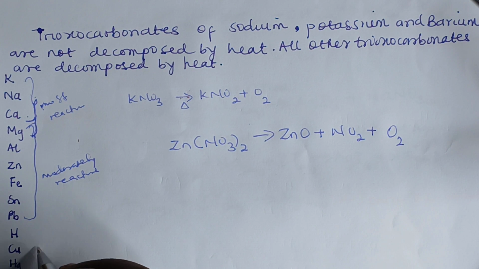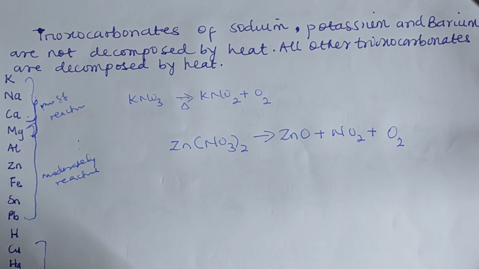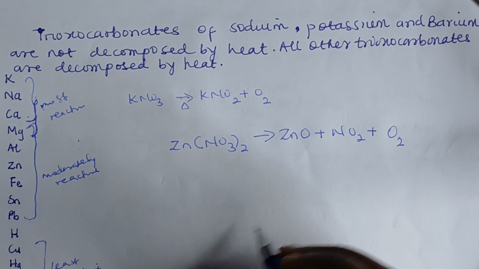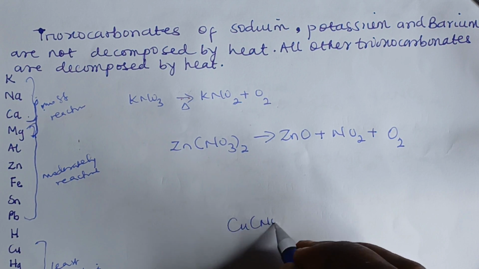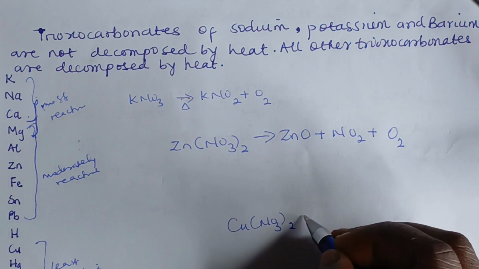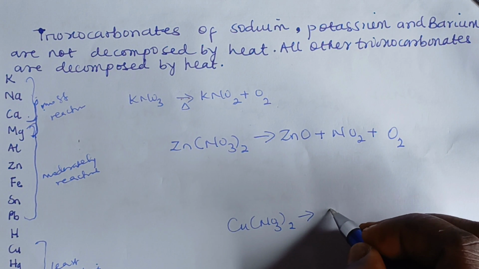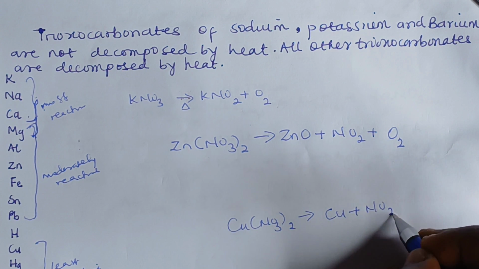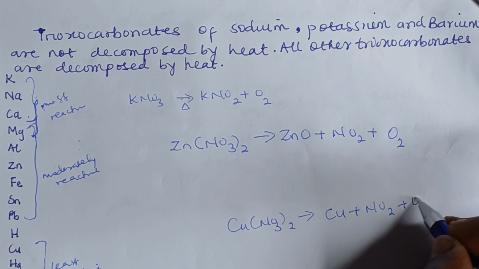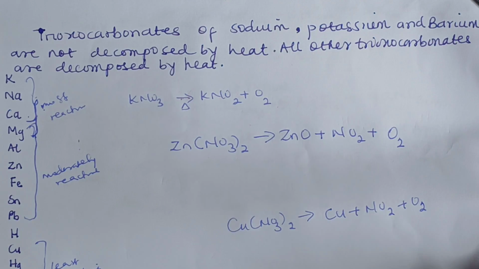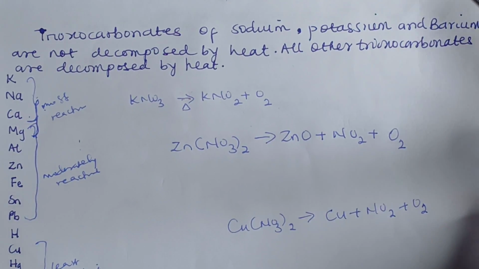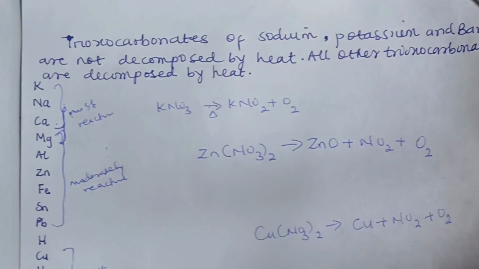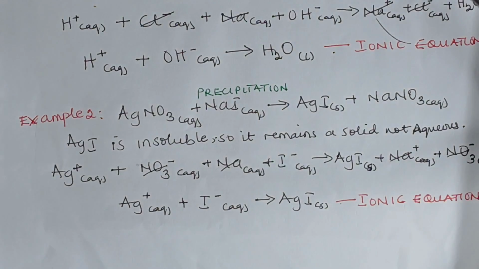While the ones below hydrogen, these are the least reactive metals. When you heat them, like copper trioxonitrate, for instance, it will yield copper itself, nitrogen(IV) oxide, and oxygen. So these are the different ways in which these compounds react with heat. And the last equation here is